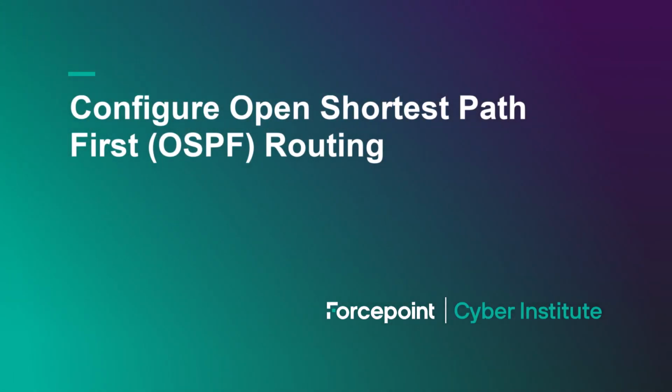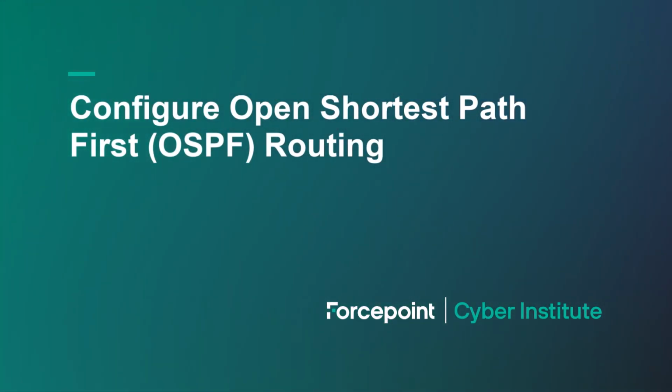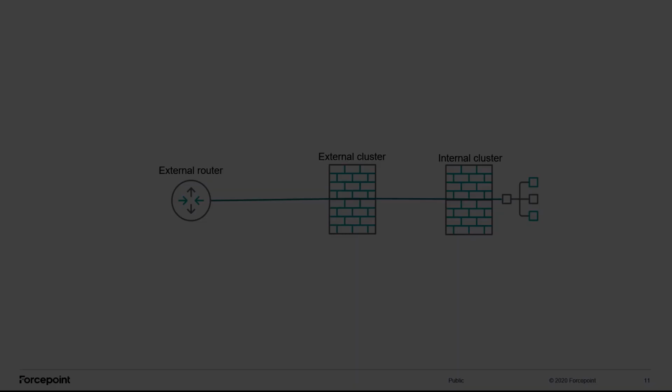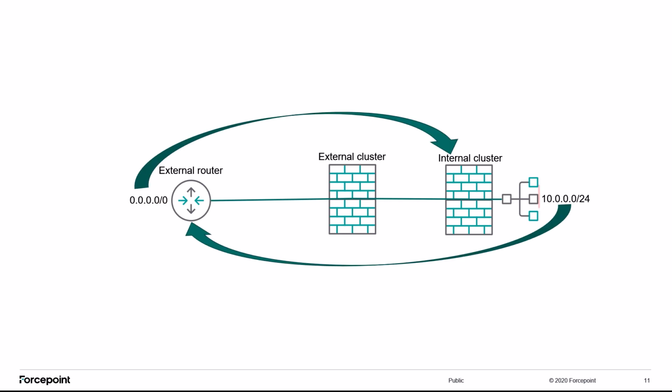In this video, you will configure Open Shortest Path First, OSPF routing to the Forcepoint next generation firewalls. Our goal is to advertise the network 10.0.0.0/24 from the internal cluster to the external router and to advertise the default route from the external router to